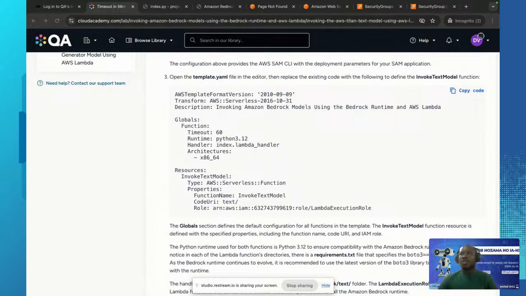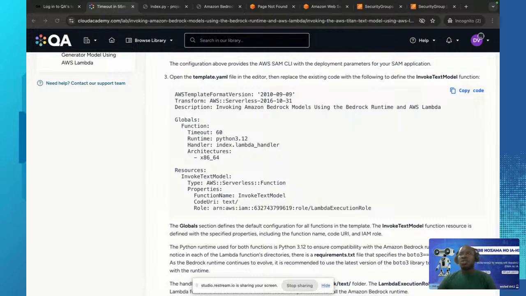I specify the region, the S3 buckets which will hold the static files or assets, and a few other things. But the major thing I want to show you here is the template.yaml, which we'll be using to specify the resources we want to create